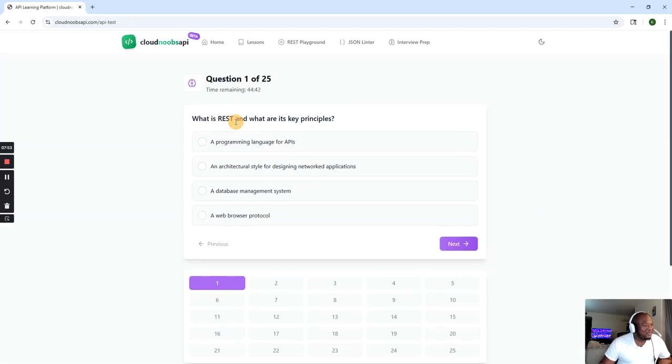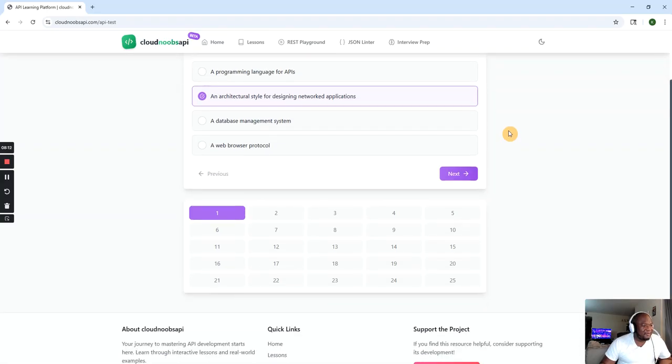Okay. What is REST and what are its key principles? Okay, so you can get all these questions, and you can take the test over and over again, but I'm taking this test for the very first time.